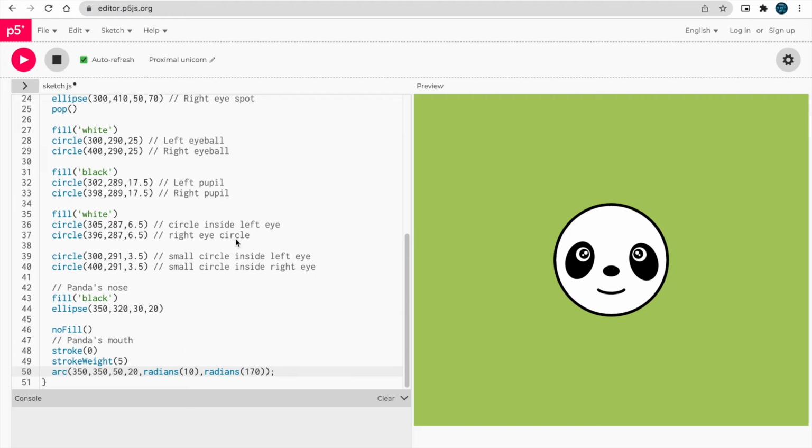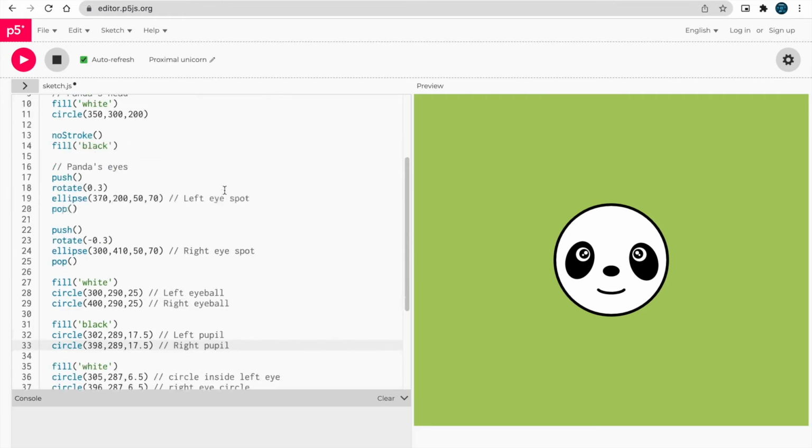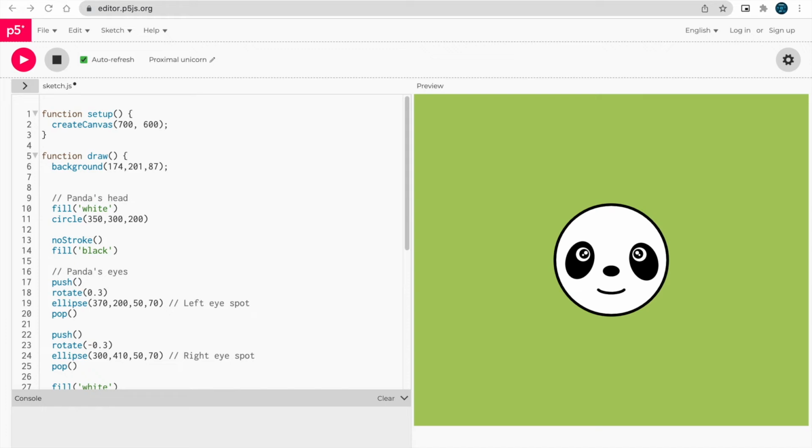Now we have to paint the ears of the panda. After drawing the ears, it will look like a panda head. For panda's ears, we will be using circles again, and we will draw them on the top, so they will be on the back, kind of background.